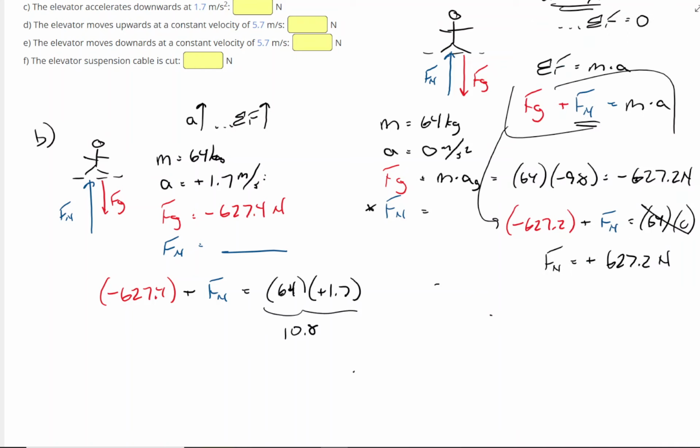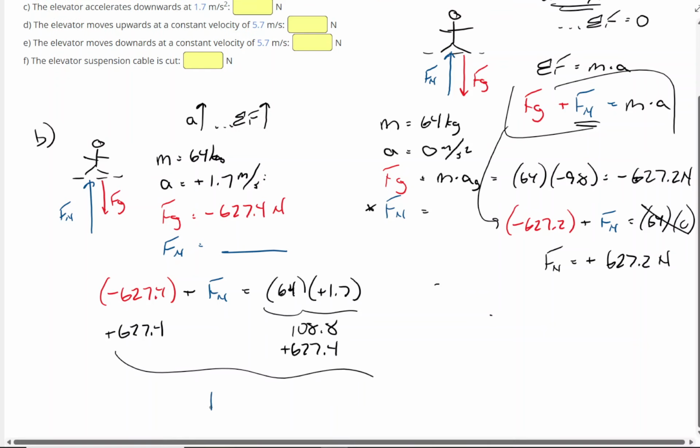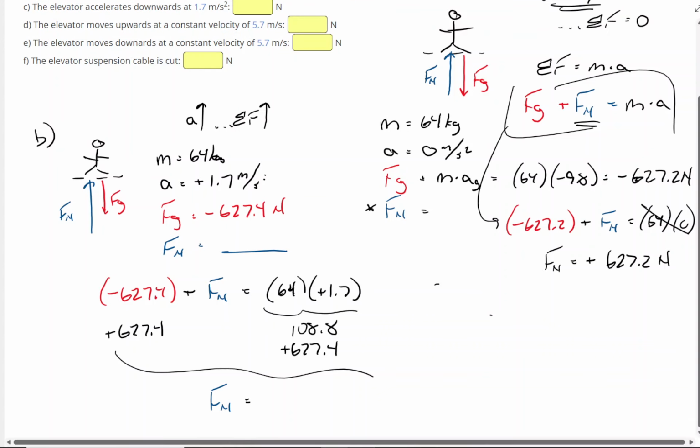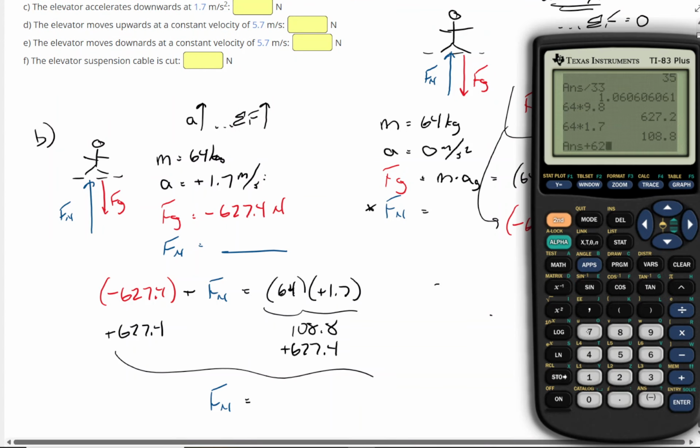This is 108.8. That is the net force. That is how much leftover force you would need in order to cause that acceleration. Well, that means I need to solve for Fn. So I'm going to add 627.4 to both sides. And that's how much bigger Fn has got to be. Fn has got to be 108.8 bigger than Fg. And I end up with a normal force that is upward. If I add 108 plus 627.2,